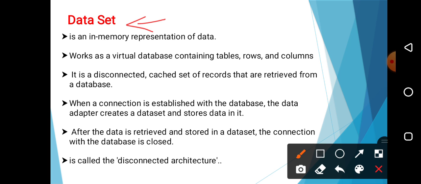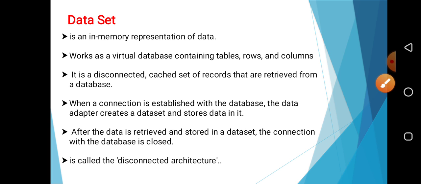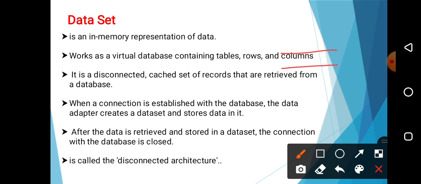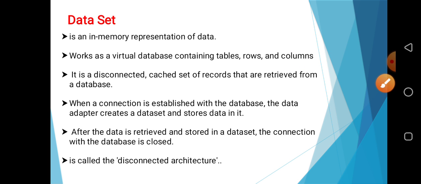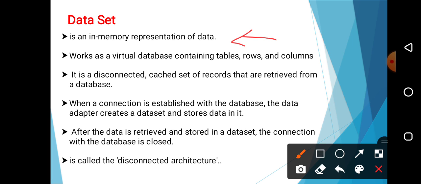So in tables, we are storing the data, and there are some rows and columns where I can store the data. A dataset is a memory representation of data. It works as a virtual database containing the tables, rows and columns. It is called a disconnected architecture because it has the cached set of records that are retrieved from